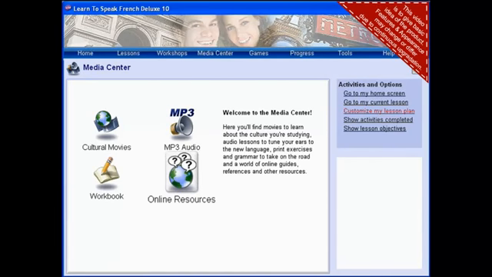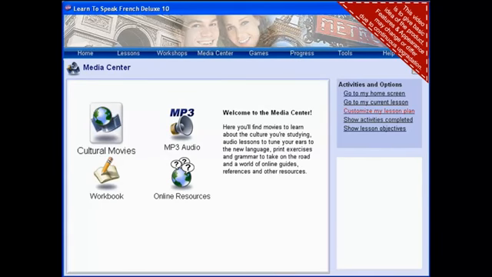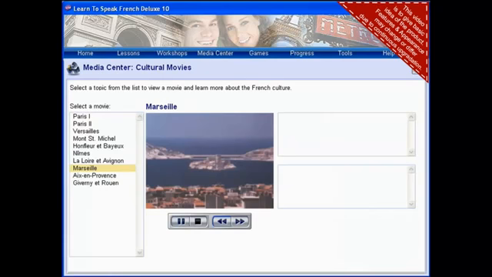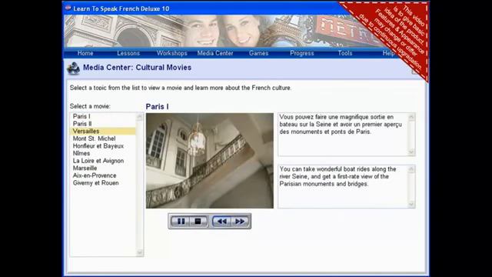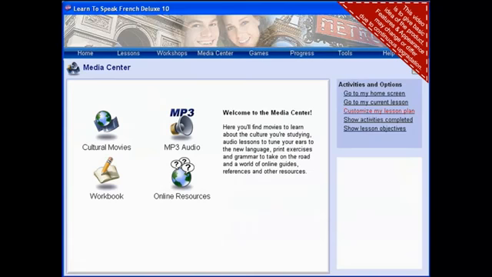www.elanguage.com. Feeling a little wanderlust? Take a trip on us with the cultural movies. They give you a chance to explore the countries where the language you're learning is spoken. Stay connected to the eLanguage website for continued learning and cultural information exclusively available at